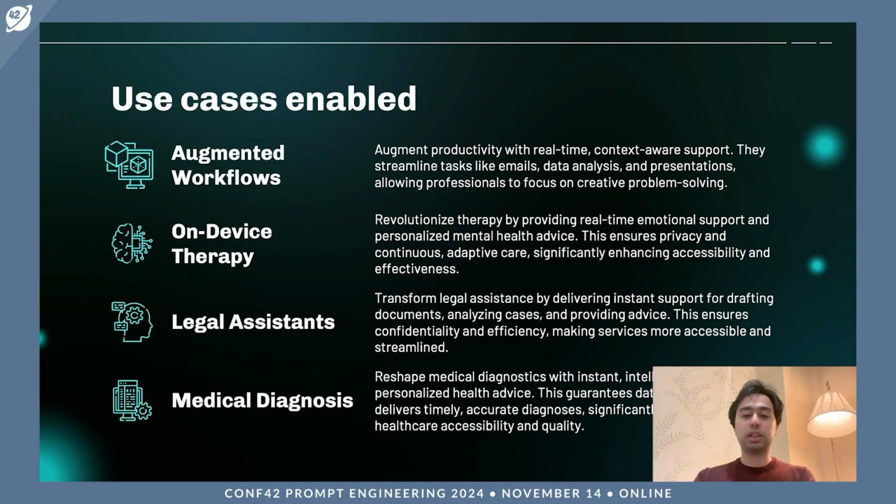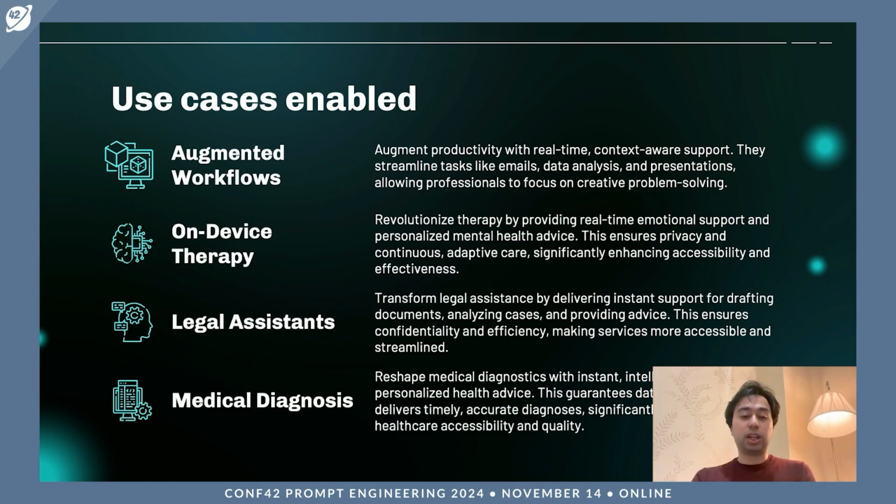Legal assistance. This will help both lawyers because they'll be able to share client data with these models at any time to get information, and they can trust these models because they're running fully on device, but they can also help the layman to get legal assistance quickly without having to engage a lawyer. And again, they can trust this model because it's fully on their device. So they can have that same lawyer-client relationship with this model where they know the model will not breach their trust.